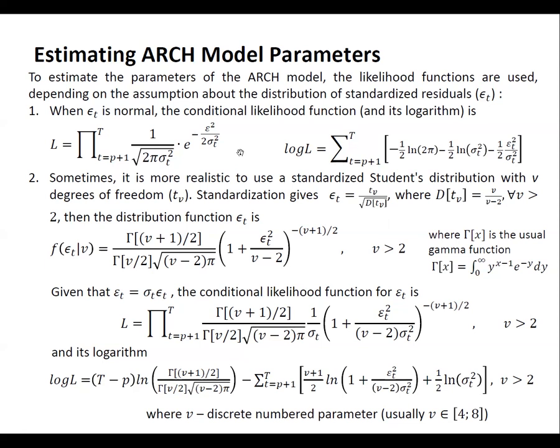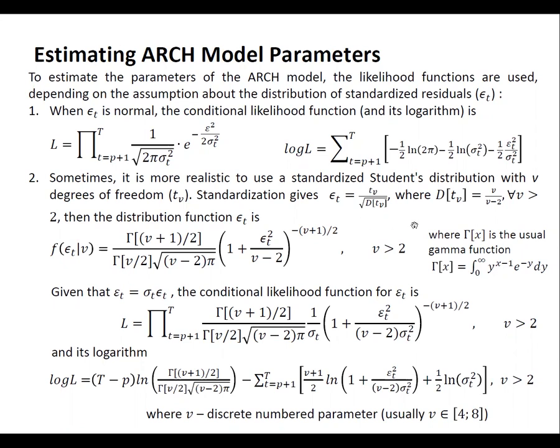The second version is when we describe the standardized residuals according to the Student's distribution with v degrees of freedom, T_v. Here is a Student's t distribution with v degrees of freedom. Let's denote it by T_v. This is a distribution with parameters 0 and 1. The standard Student's distribution has a variance that depends on v, and for a smaller number of parameters,